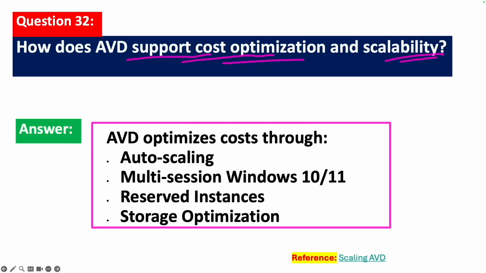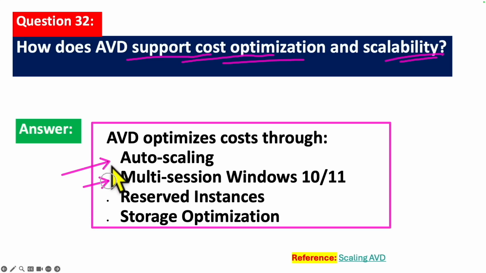So let's look into these one by one. Let's talk about how auto scaling can help you reduce the cost of AVD and allows scalability. Like I mentioned before, when you enable auto scaling, this will automatically turn off idle VMs to reduce unnecessary resource consumption, and that will reduce the cost as well. With AVD, you can monitor the usage pattern and adjust the number of running virtual machines dynamically, ensuring that only the necessary resources are utilized.